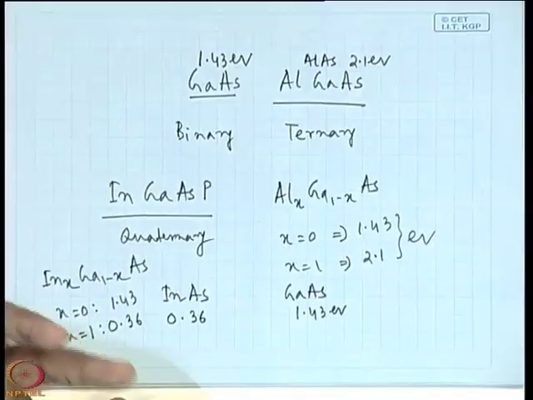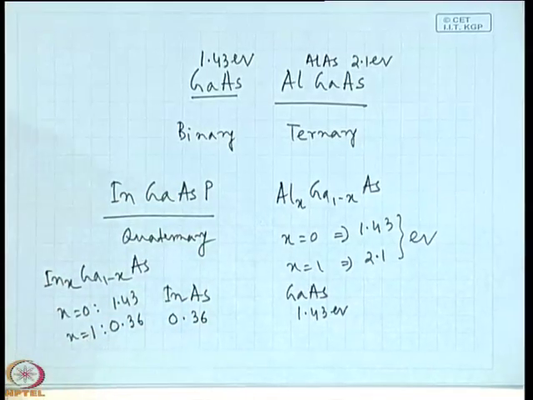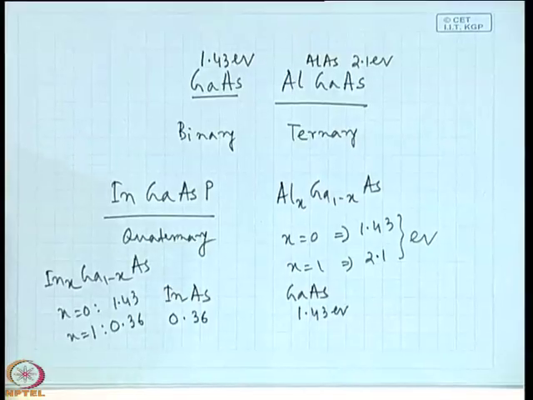But there are disadvantages also. One of the main disadvantages is that, unlike silicon, it cannot be oxidized. SiO2 is very easy to make, and SiO2 is also insulating in nature, and it is widely used for processing. For gallium arsenide, aluminum gallium arsenide or indium phosphide, etc., you cannot make this oxidation, because you see that